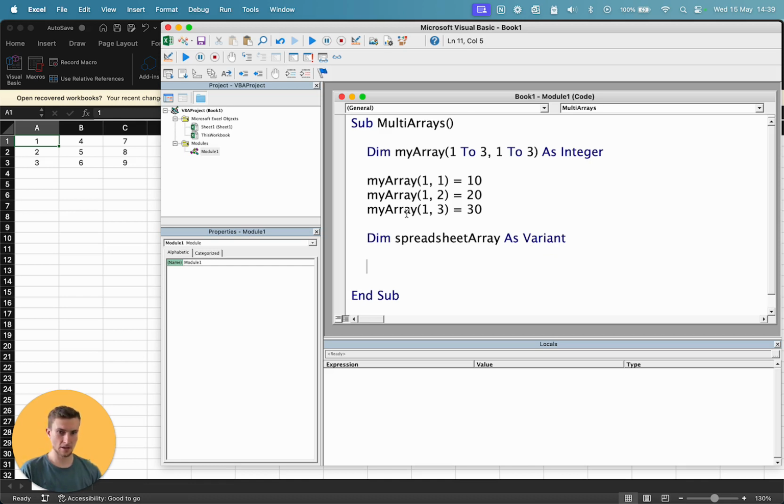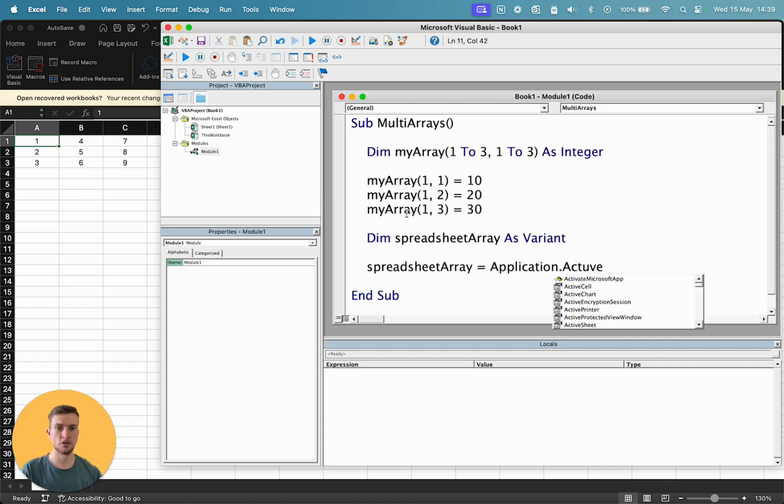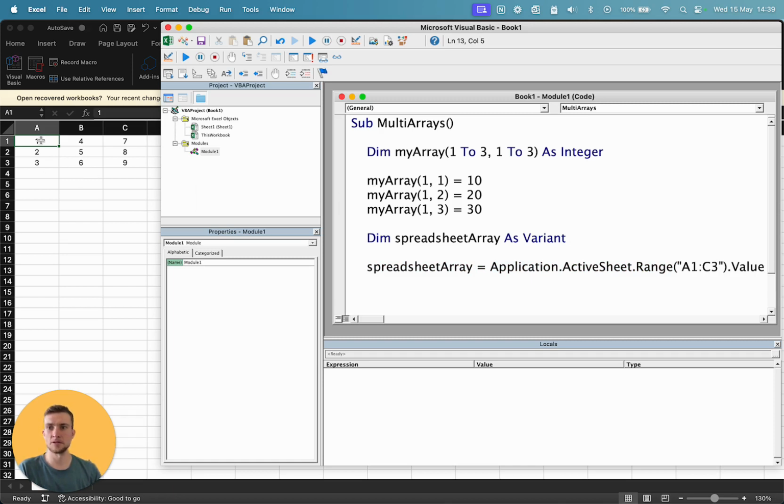And then we're going to say spreadsheetArray equals Application.ActiveSheet.Range, and then we're going to specify A1 to C3 .Value. So then all of our values are now in spreadsheetArray. That's these 9 numbers here. Now, as we did before, we can then